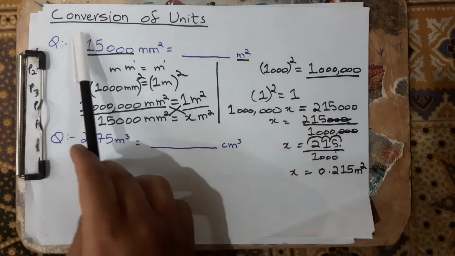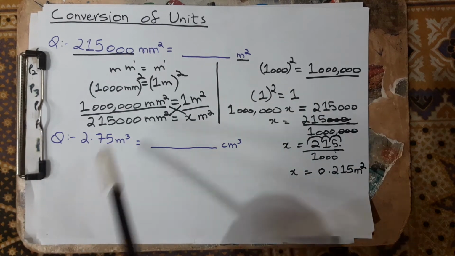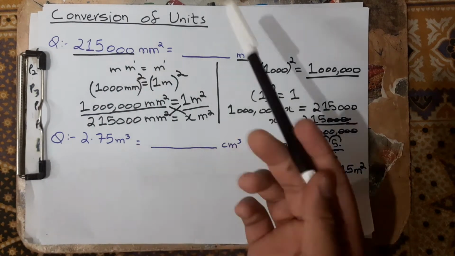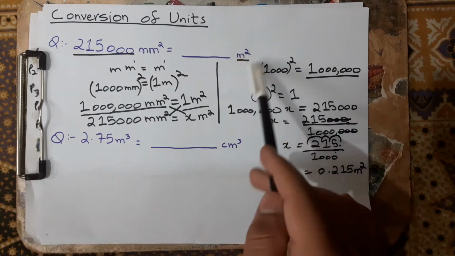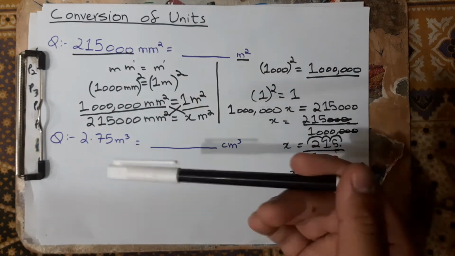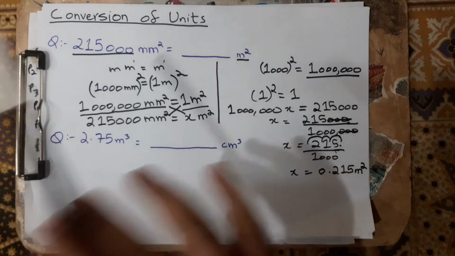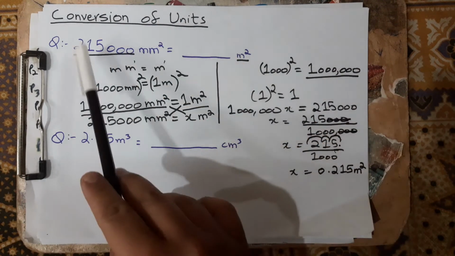Today we will continue with the topic of conversion of units, and today we will learn a very special point of our course: how to convert a square unit into another square unit. By looking at it, you will think that it's very tough or difficult, but it's really easy. So we're going to start with it now.